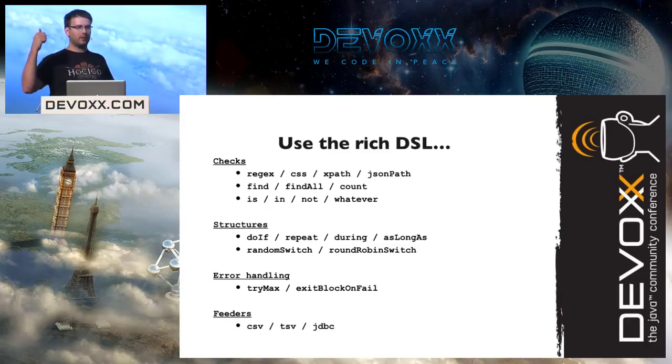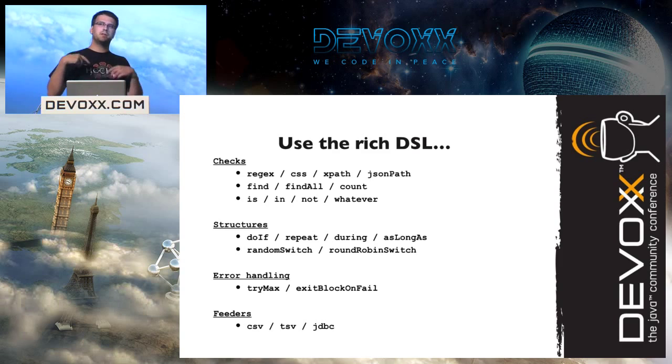You also have control structures, such as conditional blocks, if. You also have loops. You can handle errors. For example, you can retry on a chain of actions until they succeed. And you also get feeders. Feeders is our API for injecting external data into your simulation so that all your users don't play the same